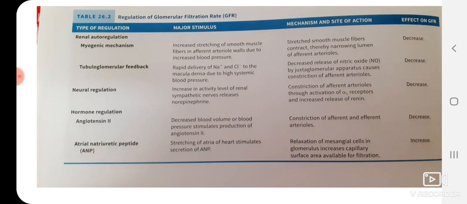Last is the hormonal regulation. The hormonal regulation is by two hormones. First is angiotensin, and a decrease in blood volume and blood pressure stimulates production of angiotensin 2. By angiotensin 2, this decreases the blood pressure and blood volume. So if the blood